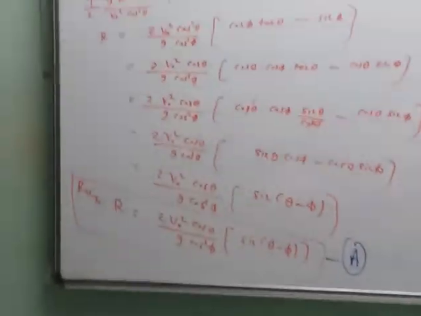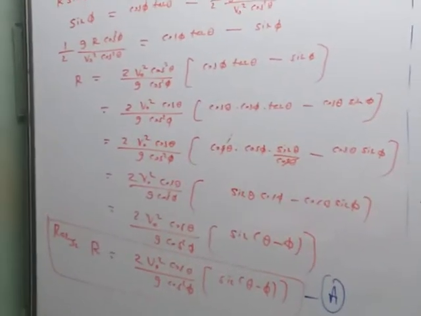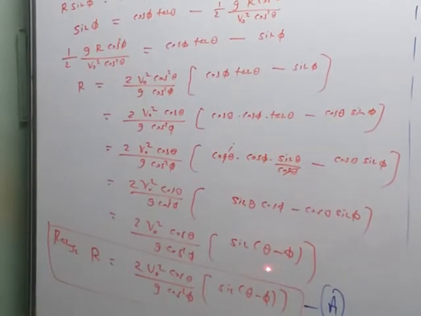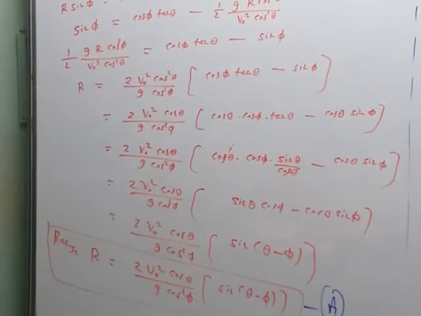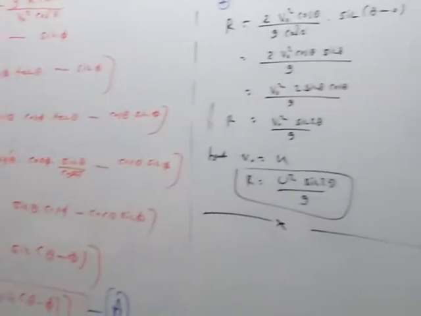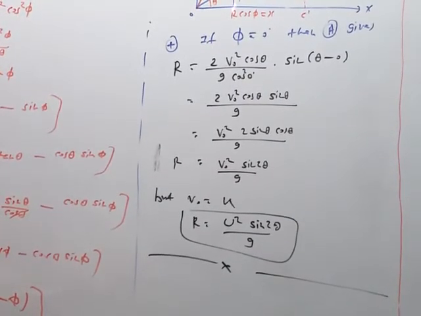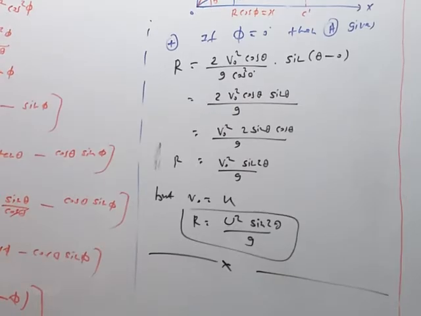So horizontal range, now you cannot call it a horizontal range, it is a range along the inclined surface. So range along the inclined surface depends upon the value of theta and phi, and it depends upon the initial velocity v0. g is constant. So again R depends upon v0, theta and phi like this. So whether this equation is correct or not, that we have verified like this. If phi is equal to 0, then it is the usual case, and in that case R will be equal to u square sin of 2 theta upon g. So this is some theory.